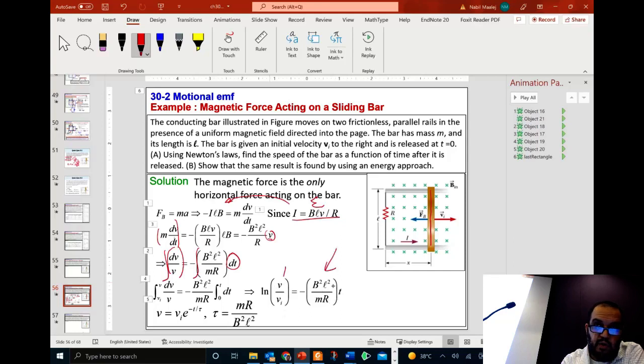This is very similar to the equation we have seen before, the exponential decay. So this means if you take the exponential of both sides, you obtain that V is equal to V initial exponential minus T over tau, where tau is equal to this element. So next time we will